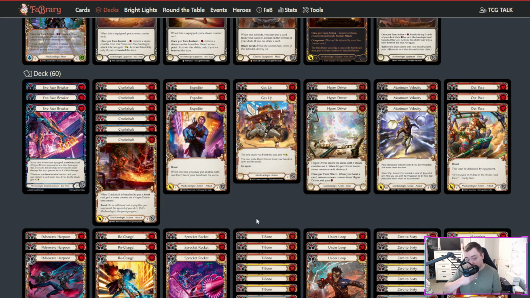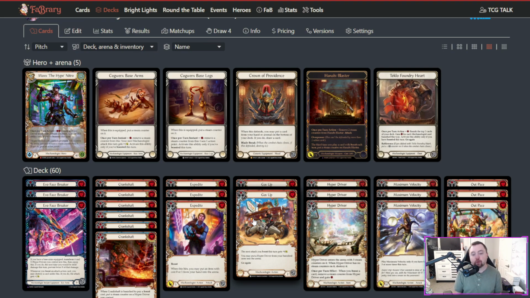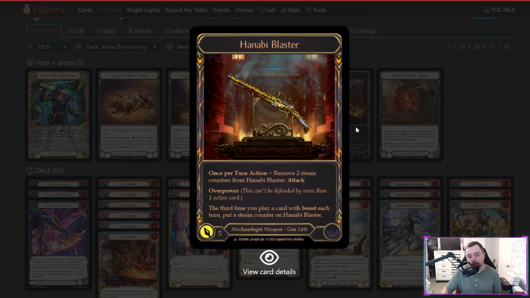We don't always have to lead with a blue. You're looking to activate Maxx pretty much every turn. The one thing I didn't go over is I'm using Hanabi Blaster over Banksy. The issue I have with Banksy is I look at Banksy similar to Vincett's weapon, where if you don't block this, it's going to hurt. But if you have an opponent that's willing to block it, then you lose a lot of value,